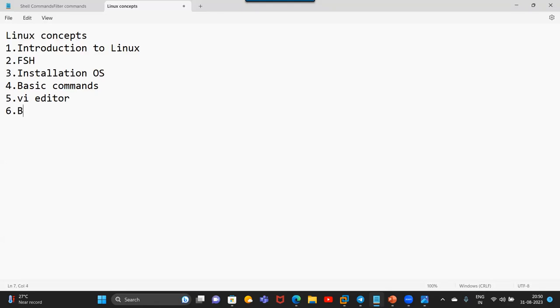And after that, basic shell commands, or we can say filter commands. So this also I will explain. Okay, and then user administration. What is user, how to create a user, how to delete user, how to modify user. So that I will explain there. How to log in, how to switch, I will explain. And after that,